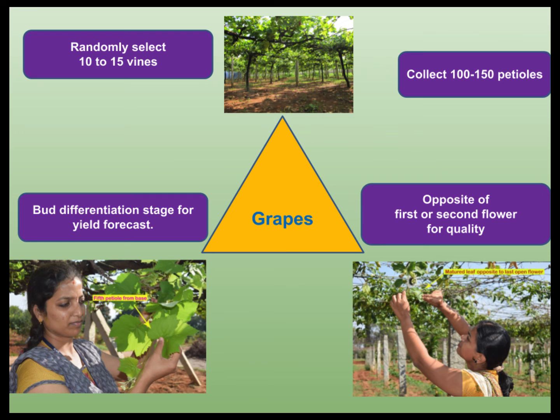Sampling in grapes is different from other fruit crops. Here, instead of leaf, we sample petioles. Further, we may get leaf petioles tested for yield and also for quality. As in other crops, in the grape garden also, select randomly 10 to 15 vines per hectare, locate the fifth petiole from the base at the bud differentiation stage and collect about 100 to 150 petioles for yield forecast. And collect about 100 to 150 petioles opposite the first or second flower for fruit quality purposes and transfer to